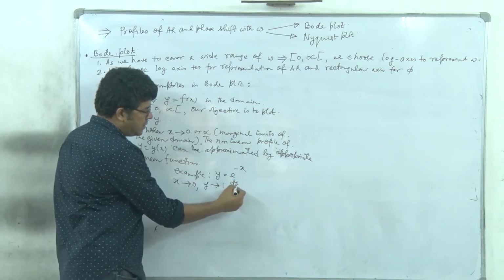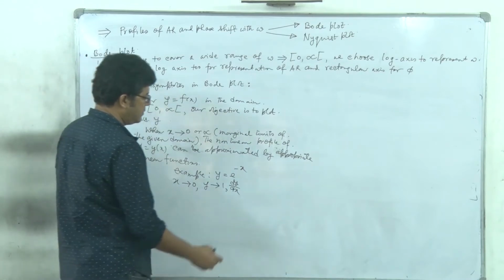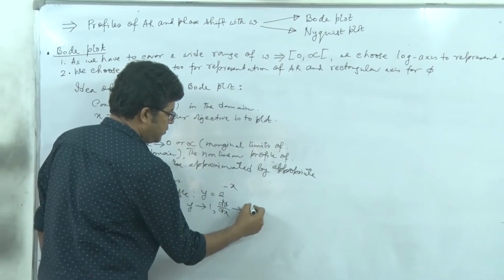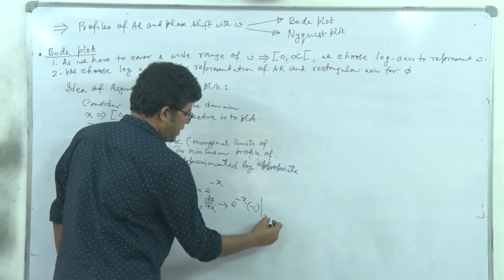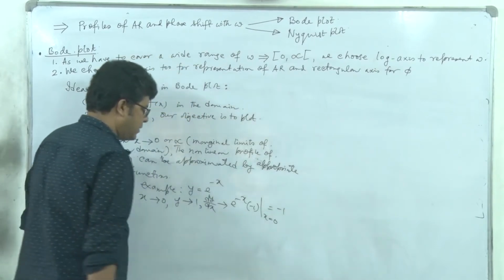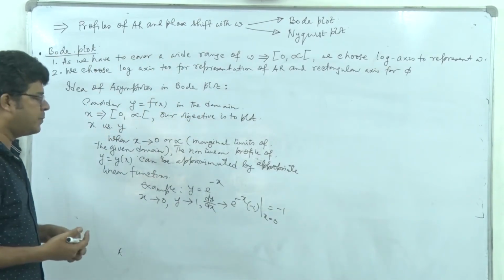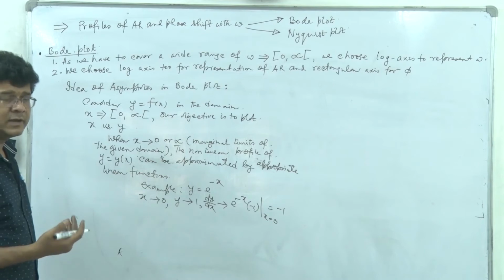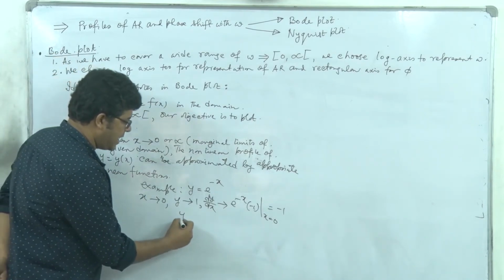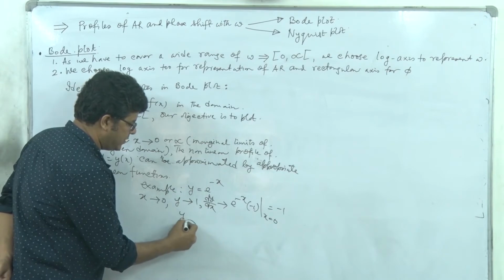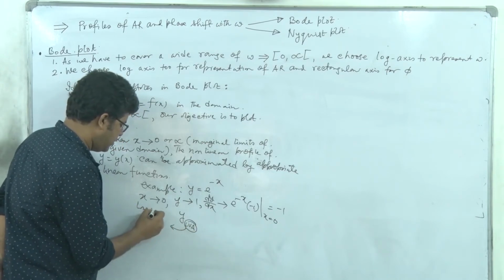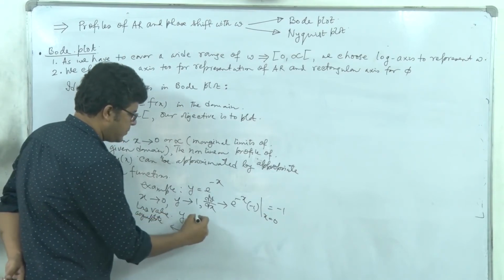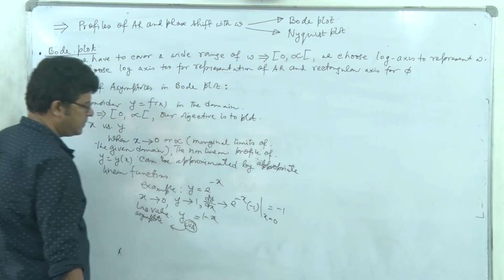and dy/dx tends to what? It's minus e to the power minus x with x equal to 0, so it is minus 1. So the slope of the curve tends to minus 1, whereas the intercept is y equal to 1. So y LVA, this LVA stands for low value asymptote, may be approximated as 1 minus x.